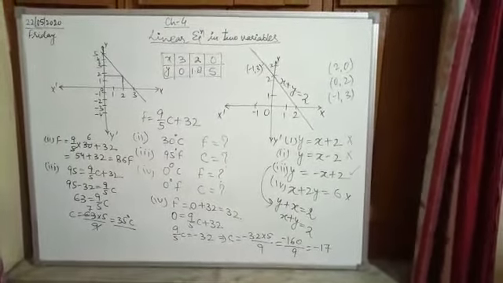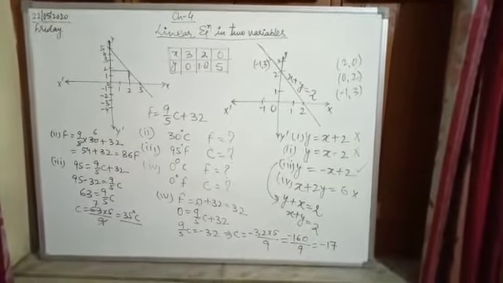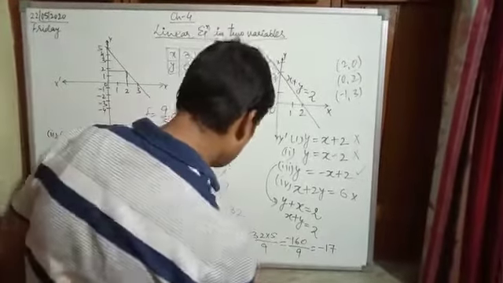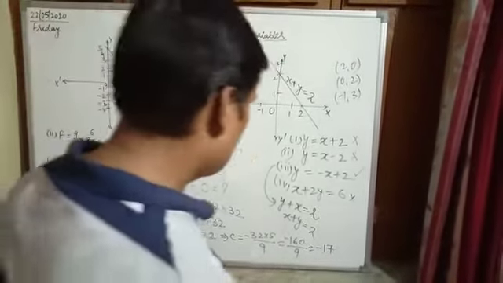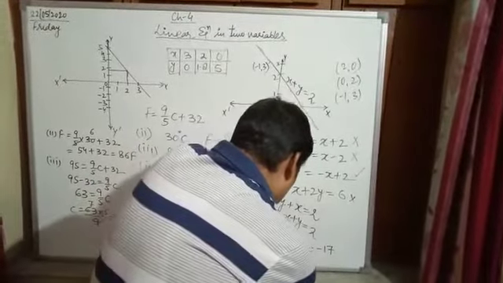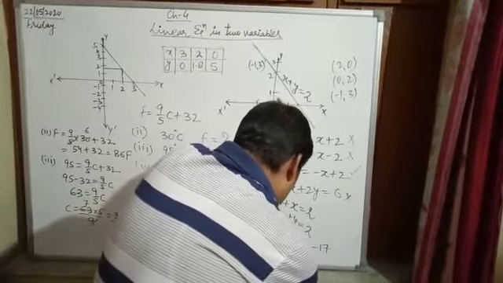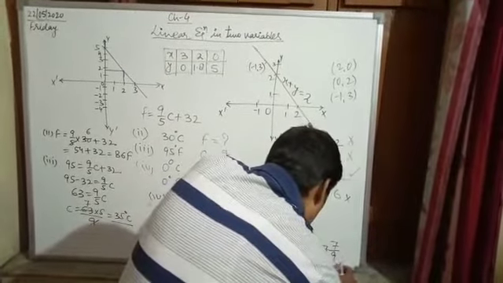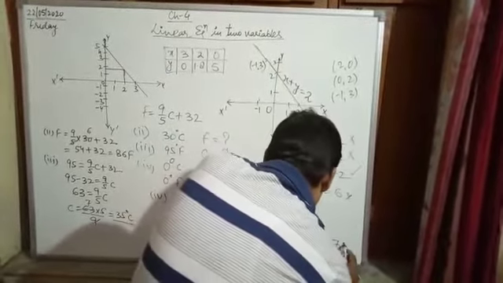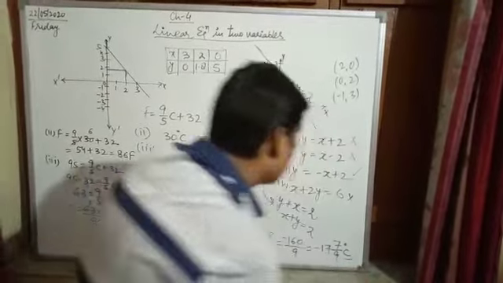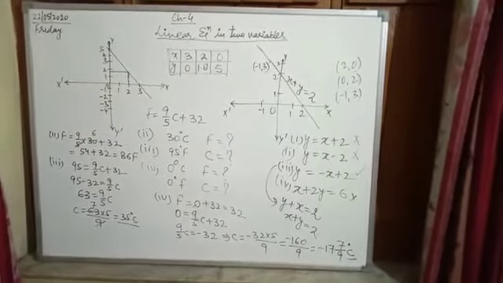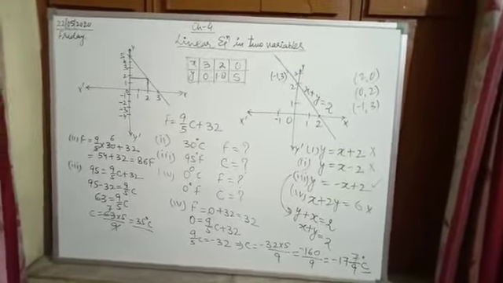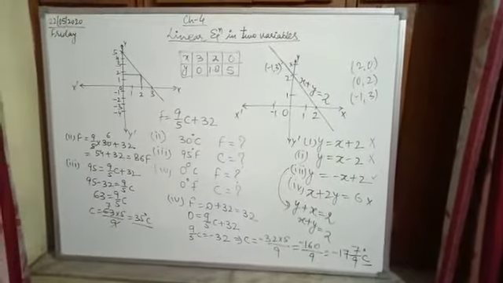Temperature is 0 degrees Fahrenheit. Centigrade. This will be the answer of the fourth part. Is there a temperature which is numerically the same in both Fahrenheit and Celsius? If yes, find it.